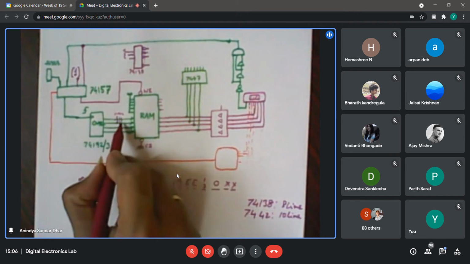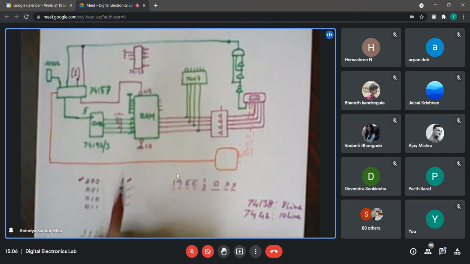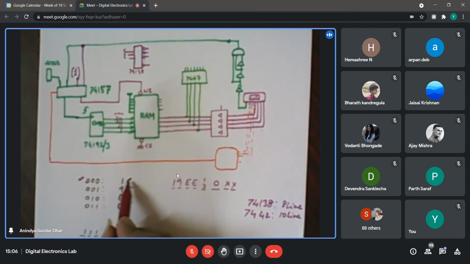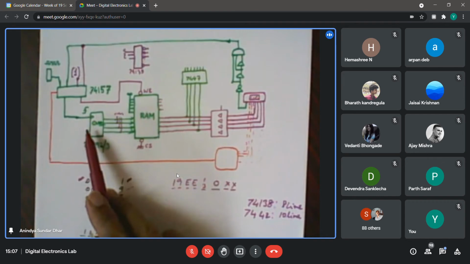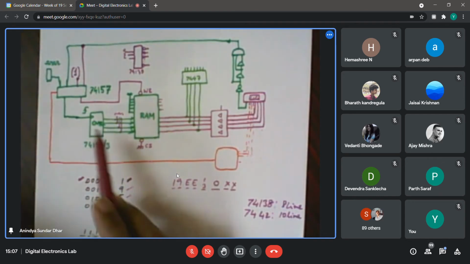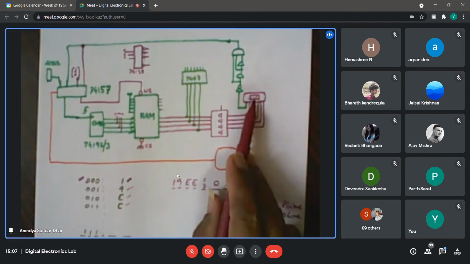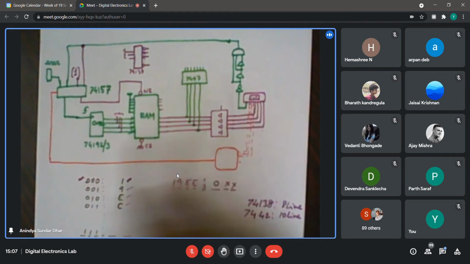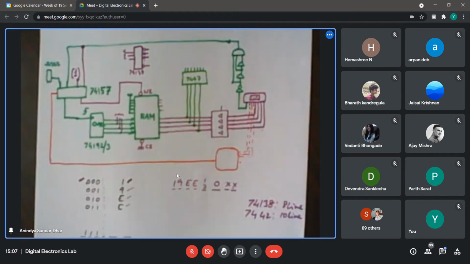So whatever the counter state is, if the counter state is 000, then it is accessing the very first location where you have stored 1, which I want to display in the first 7-segment display. So the only thing I need to ensure while writing, earlier I said that you can write it anywhere, is that 1 has to be in the first location. So if there is any reset mechanism, maybe for the simulator there is no problem. But in actual practice, whenever you go into that write mode, program mode once again, you need to make provision to reset the counter. But that reset has to be withdrawn also. So the reset will be just momentary.